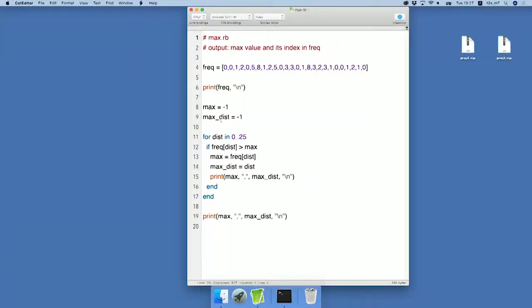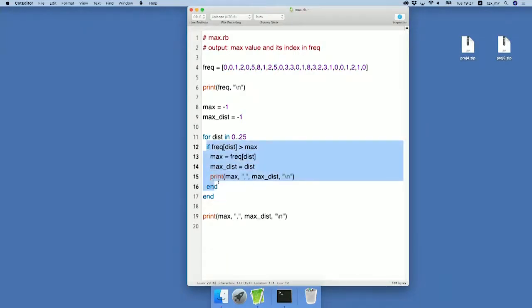Here is the part that does this actual computation. Let me recall what it does quickly. This is a for loop repeating this body, starting from here to here, before this end statement, by changing the index, this value, from 0 to 25. In each iteration, we check whether the current box, that is fleck of dist,